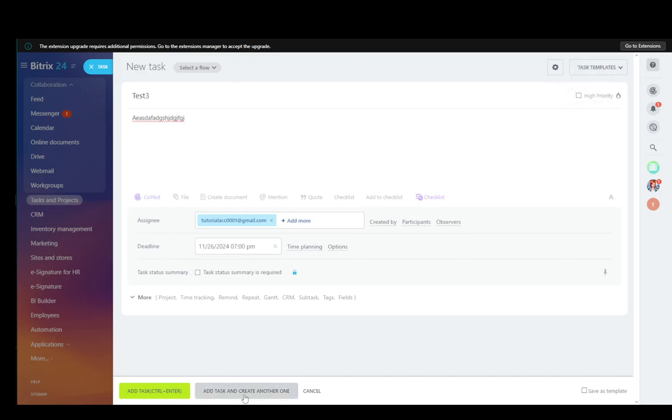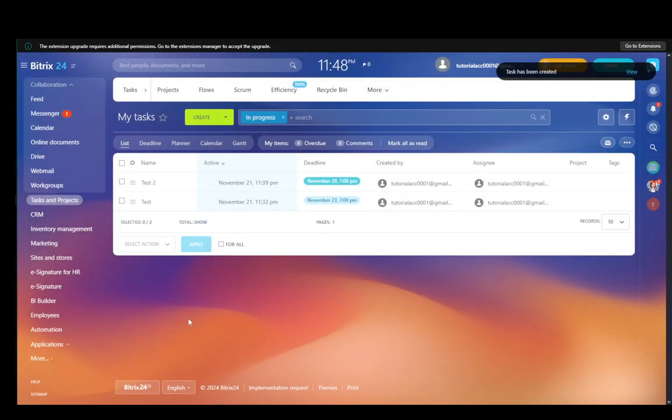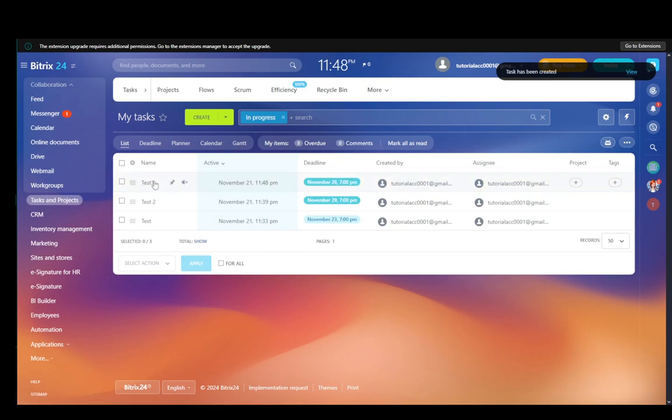And you can add a task and create another one, or you can just add a task by clicking this button or pressing Control Enter, and for some reason that's trying to leave the site, which I'm not going to do, so I'm just going to click that. And as you can see, the new task has been created. You can enter this and edit the task if you wish, but now I'm going to go over and select